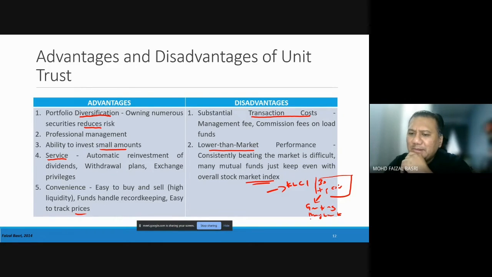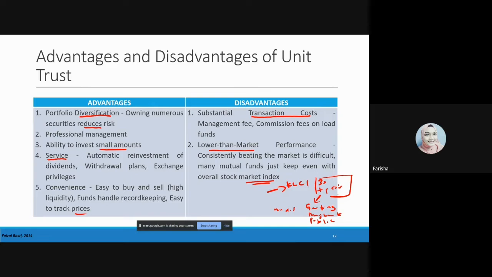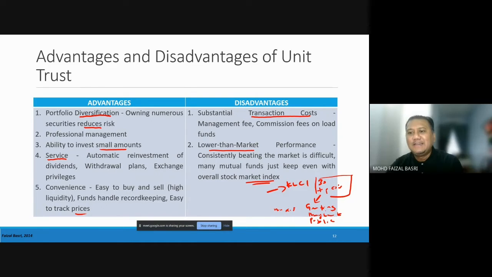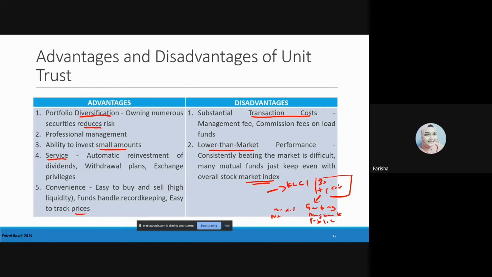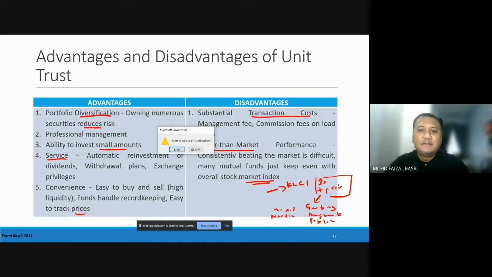Apa lagi dalam ni, ada Public Bank dalam ni, dia ada Maxis dalam ni. Ada 30 companies lah, top performance companies yang dalam negara kita. Dia macam elite team lah kat dalam tu. You can say lah, you can say Nestle. KLCI, other than KLCI, apa lagi?